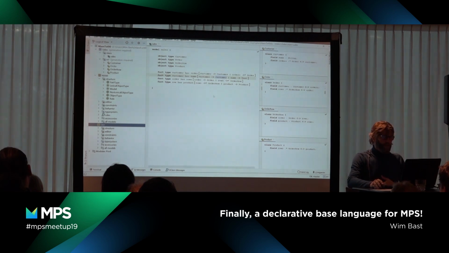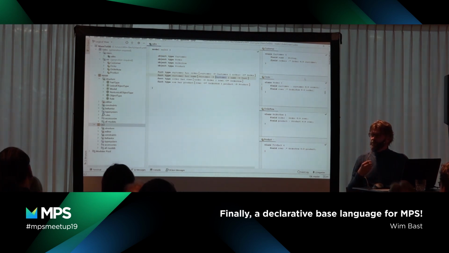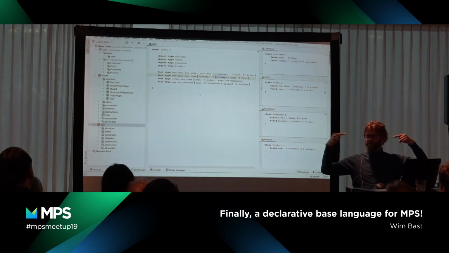Okay, so what is the behavior? Here we see a customer has a name. The name is of type text, so that's the lexical type, and this is the non-lexical type defined over here. And here we see the customer has a name. And it has orders, and it has an opposite, because we have captured here information not only what references it has, but also what is the inverse, the opposite reference from it.